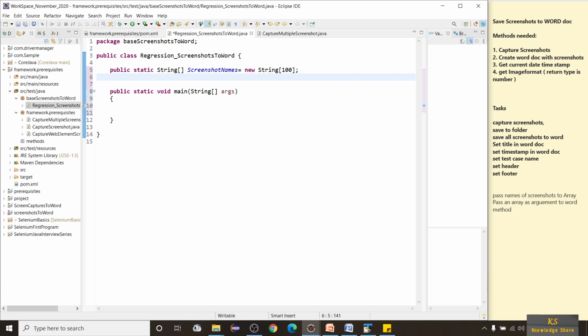So I request you to capture as few as you can, only those which are important for the testing and for maintaining the logs. And I'll be maintaining one more array increment here, because I need to pass this as the argument whenever I store the name. Whenever I want to capture a screenshot, I need to pass those names into the screenshot names array, so I'll use this array increment as a variable for increment and store it in the particular indexes.